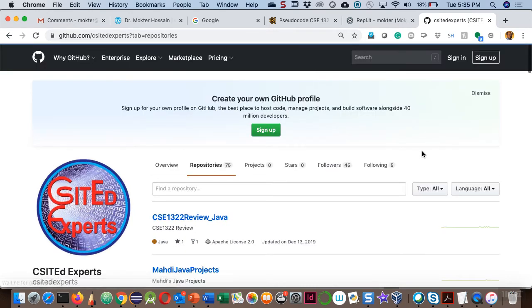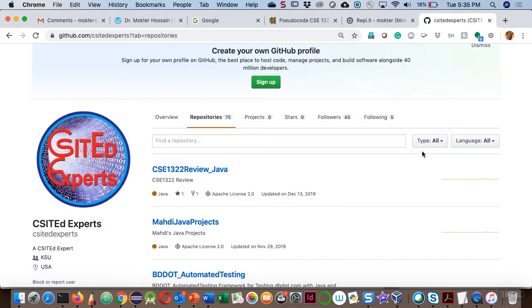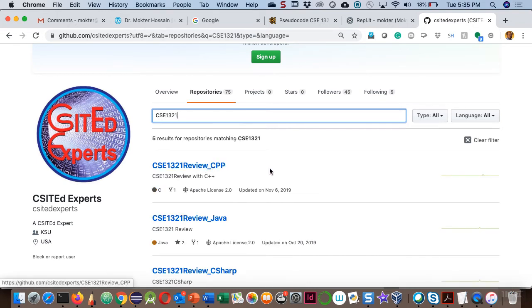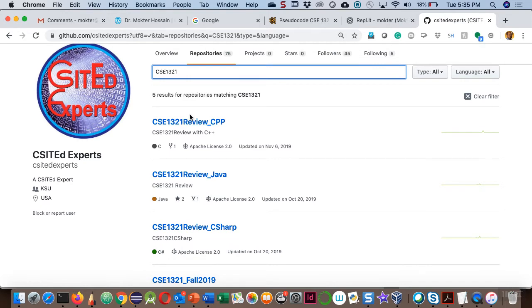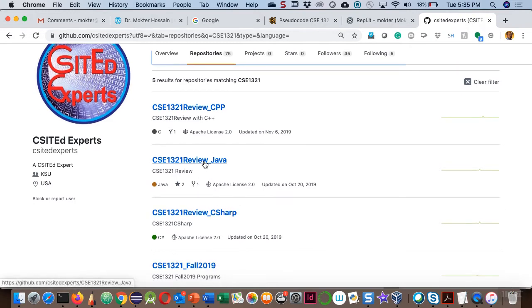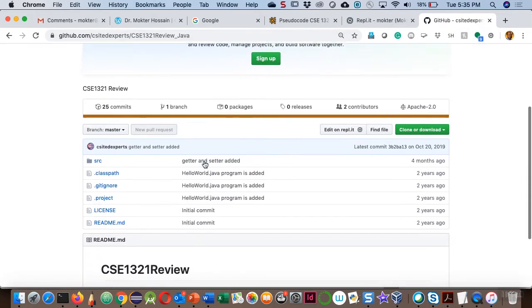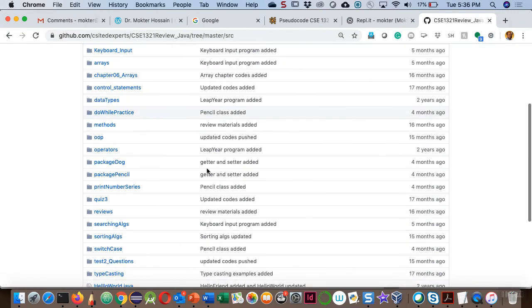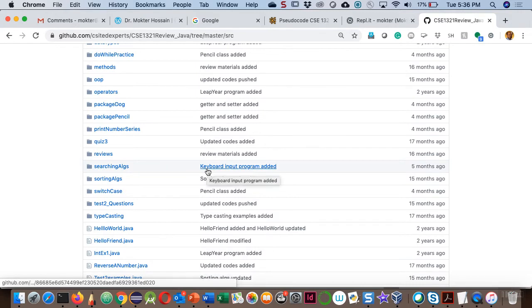You see how many repositories I have. One repository is one project. For instance, if you start with CSE1321, this repository has some programs in C sharp, C++, and Java. In this one project, I have maybe 100, maybe several hundred programs. And when I wrote my book on Java,